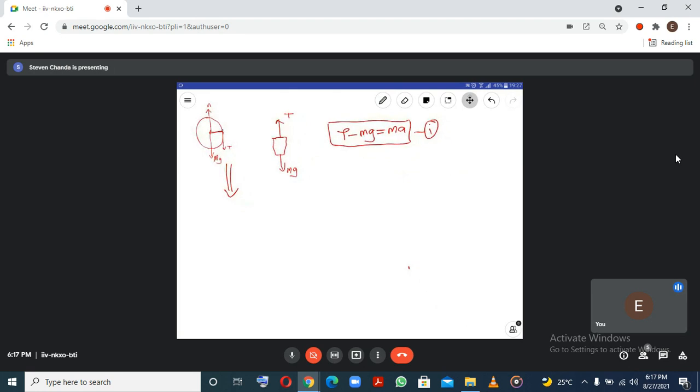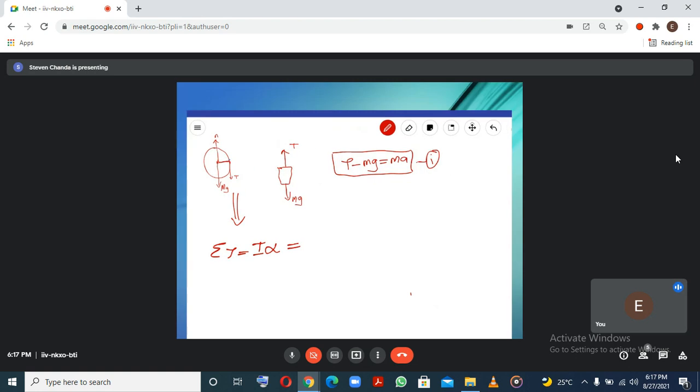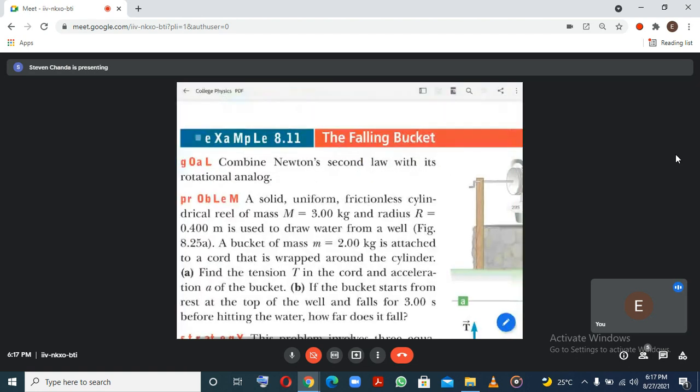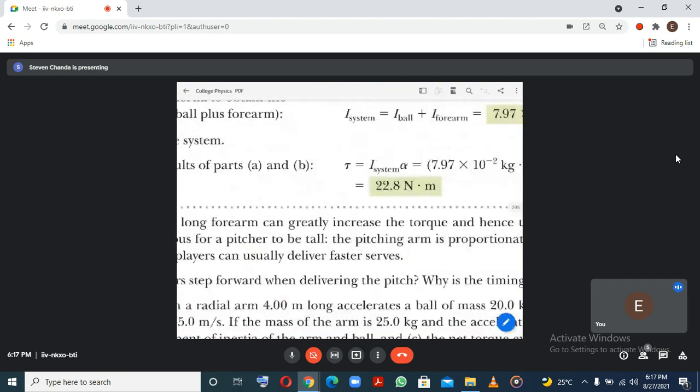We're going to say the sum of torque is equal to moment of inertia times angular acceleration. We've already discussed that. Then we know that for this particular wheel, how does it look like? It's a solid cylinder. Let me show you the way it's looking. It's a solid. So since it's a solid, it means